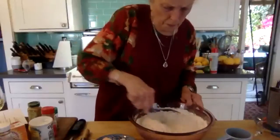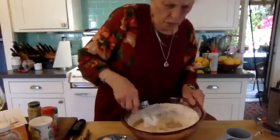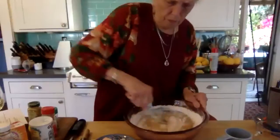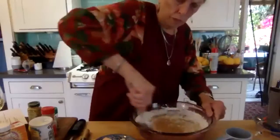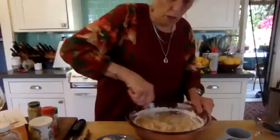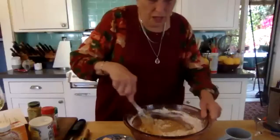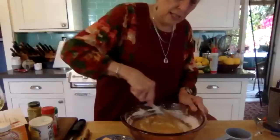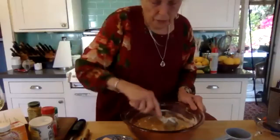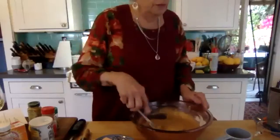There you go. Until it doesn't look like it's separated anymore. I'm sure this would be easy peasy with a mixer, but again, it seems to me that if you can do it as easy as this, you don't have to clean the mixer, which is always an advantage. So there you go. Now,